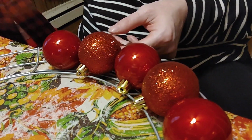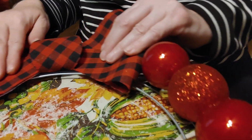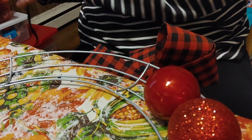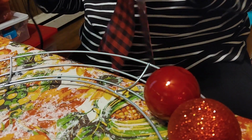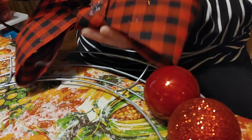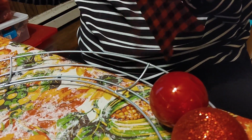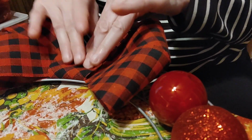We did a spiral. I'm going to take this pretty bow and put it down here in the center. My glue gun should be heated up by now. The glue gun I picked up at Walmart a year ago. I'm going to put a generous amount of glue on this part of the ribbon. I'm going to press down for a couple of seconds